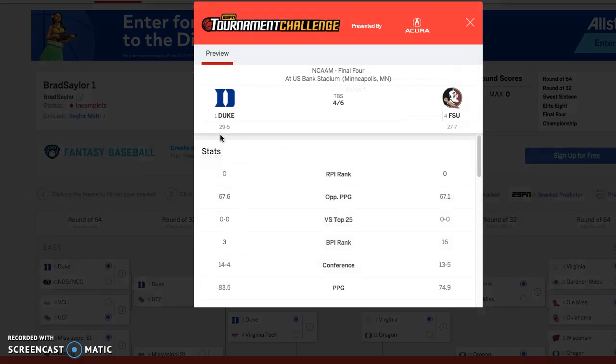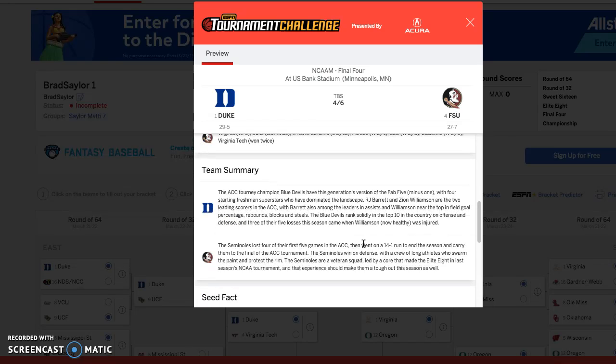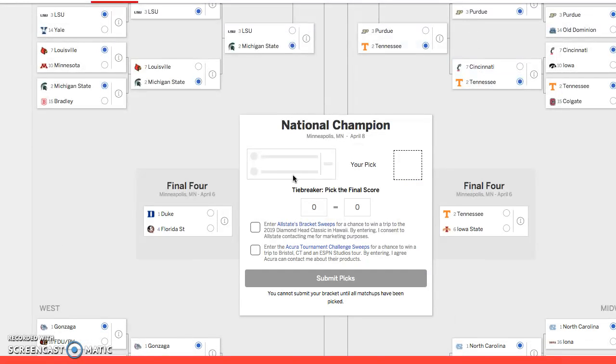Once you're done and you have analyzed everybody's heights, you're then going to also analyze the matchup. And you can use any of their stats, their ranking, their defense. Look, their defenses are almost the exact same. Their BPI. You can use how many points they score. You can read their breakdown. You can, if you just want to do it based on how tall a team is, maybe the tallest team you think is going to win. Once you're done, you are going to pick the winners from each side, and you should be down to just